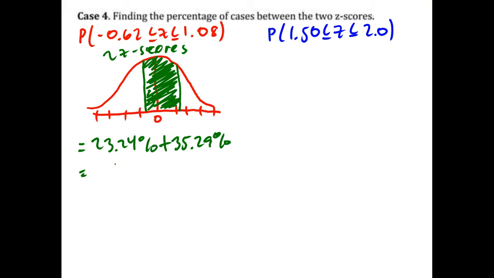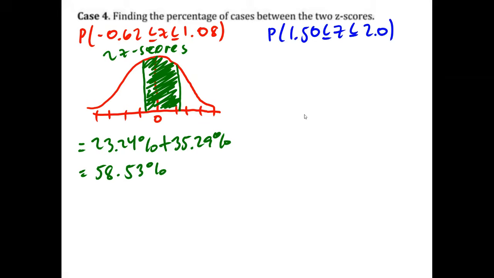So on your calculator, 23.24 plus 35.29, which is 58.53%. Okay, yung na-shade natin is actually 58.53%. Okay, last example for case number 4, we have P of 1.5 is less than or equal to Z